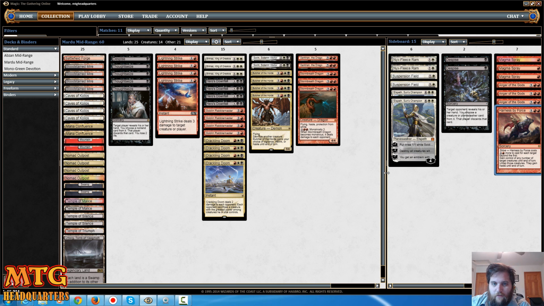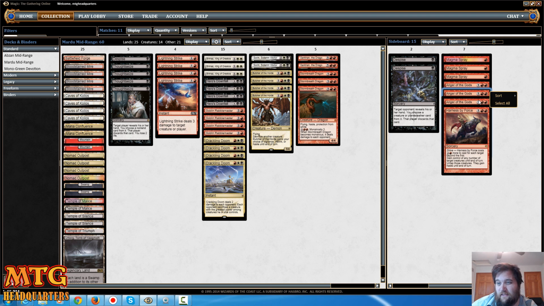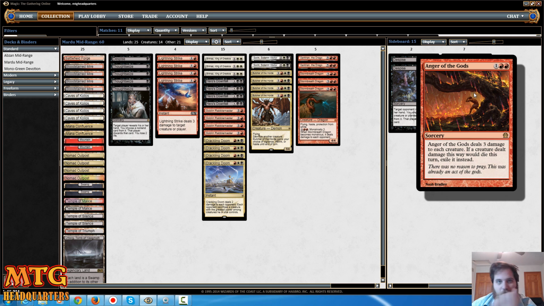If you get deep into the long game, things like Elspeth, Sun's Champion boarded in is nice. You could think about Glare of Heresy in the sideboard now, I think, because Abzan's so popular. And maybe I'd run Glare of Heresy instead of Magma Spray, or I'd definitely put a Glare of Heresy in there instead of Harness by Force. I like Anger of the Gods still. It's still pretty good. It takes care of...